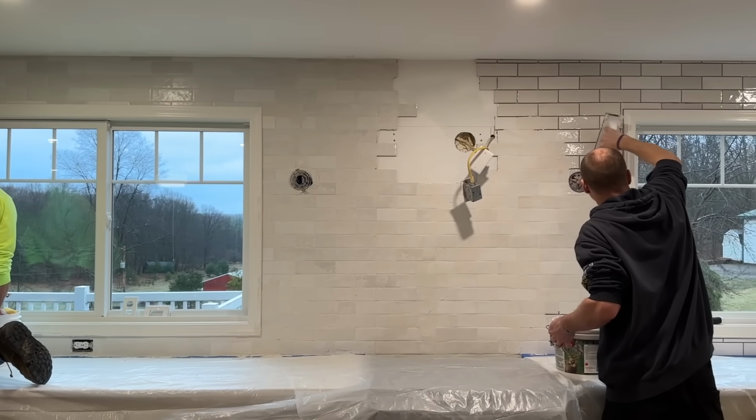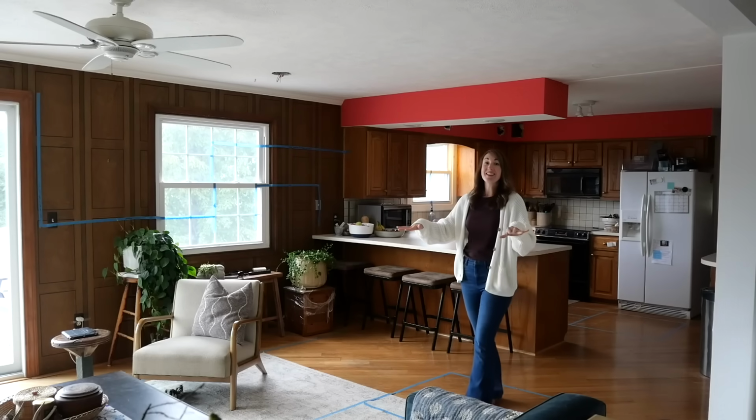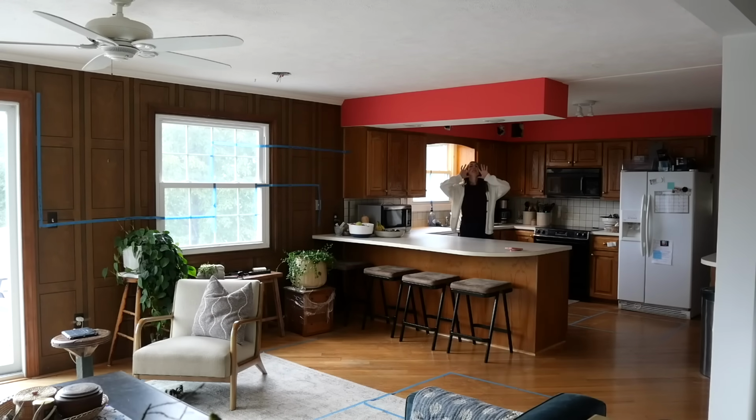And now let's do a fun back and forth. So let me give you a little tour of what we're going to be doing in this space. Big picture. Not sure if you can hear me okay. But we're taking this wall, moving it forward,